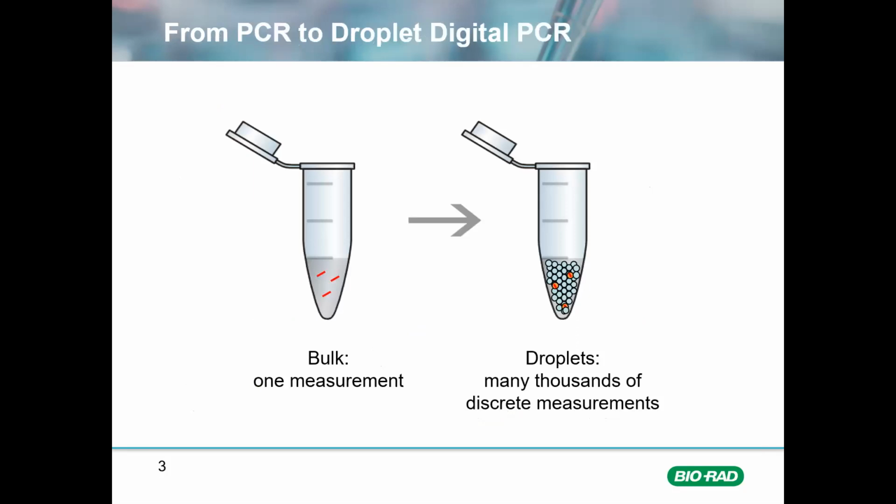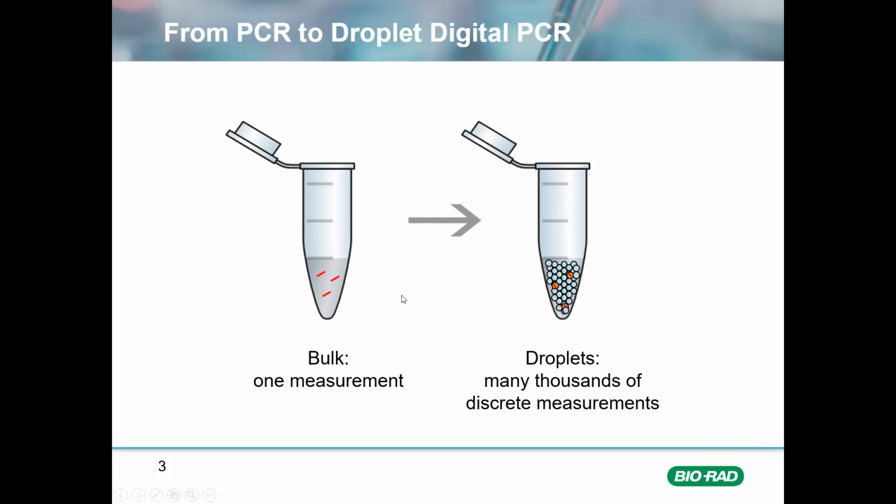So for those of you that were on last week, you'll remember that the major difference between traditional and qPCR approaches versus our new evolution of Droplet Digital PCR is the way that we process the sample. So with traditional or qPCR, we have one bulk 20 microliter reaction that gets thermocycled to endpoint, and then we are either loading that on a gel or monitoring changes in fluorescence with real-time PCR, generating amplification plots and getting